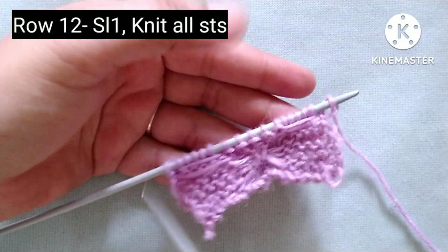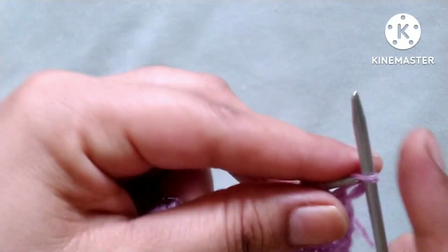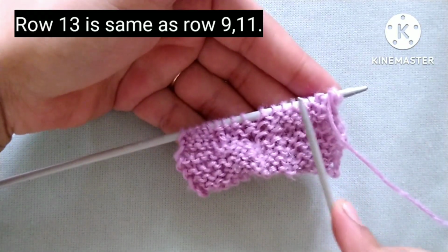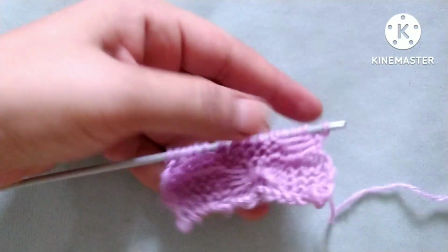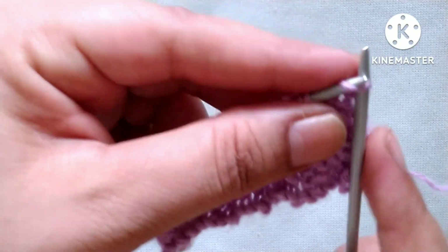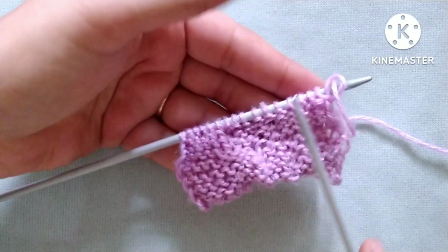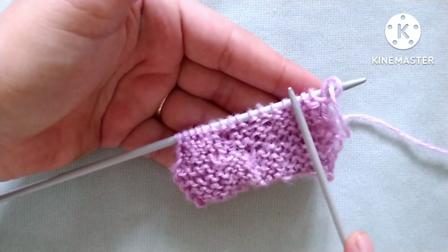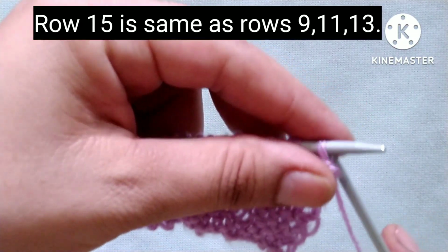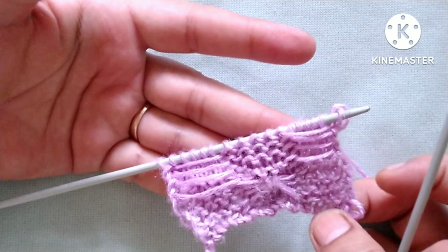12th row, we will knit all the stitches in the 12th row. 13th row will be same as of our row 9 and 11. Row 14, we will knit all the stitches in the 14th row. 15th row will be same as of our row 9, 11 and 13. So let's complete this row. 16th row,